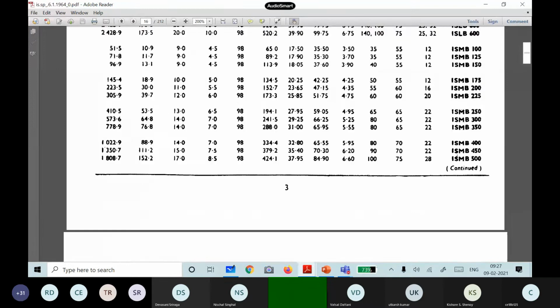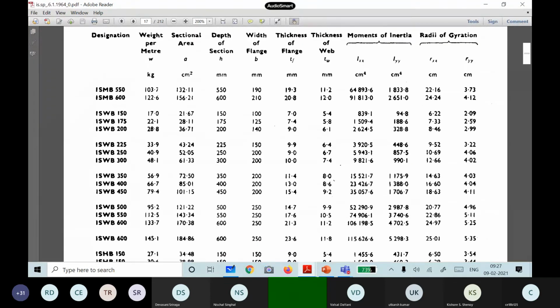So this is for the I sections. As already mentioned, ISMB medium beams, WB. Now in the market, which beams do any of you have an idea about? Which sections are available in the market? If you go to any steel shop, ISLB, ISMB, wide width, he will not have a stock of all these things. Which I sections are widely used in construction in India? LB, JB, MB, WB or HB, which one will it be, which are the frequent ones in India?